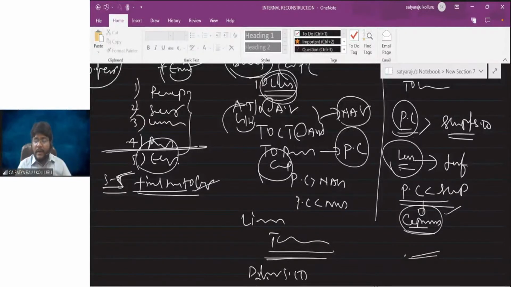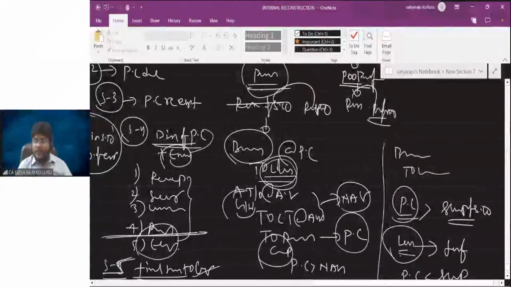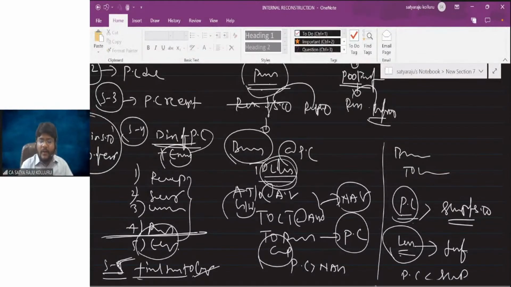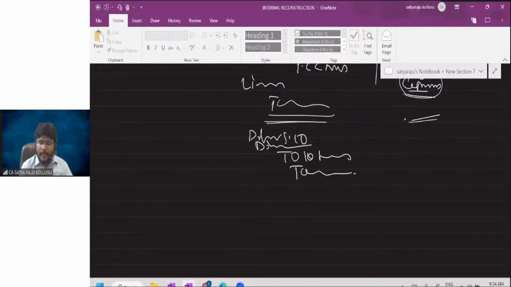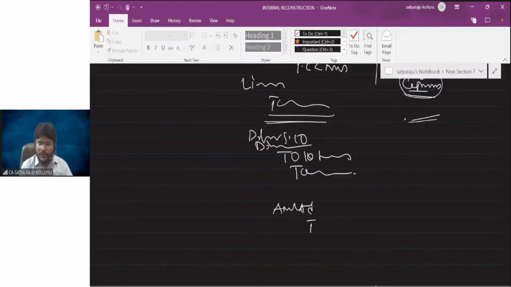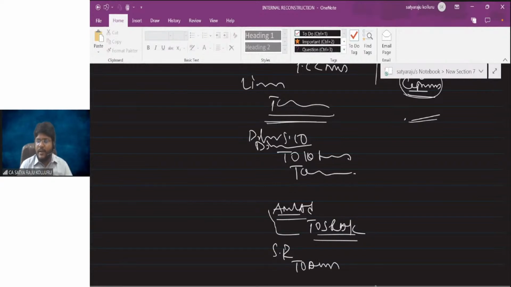Sir, one important variation is if the statutory reserves of the selling company need to be maintained by the purchasing company. In case of amalgamation in the nature of purchase, you need to pass one entry: statutory reserve to amalgamation adjustment to statutory reserve is the entry. Till the time period, you need to show the statutory reserves under reserves and surplus. Amalgamation adjustment account you need to show as a negative figure in the balance sheet. Once the time period is over, you need to cancel the statutory reserve as well as the amalgamation adjustment account.